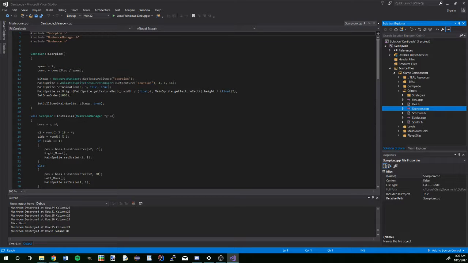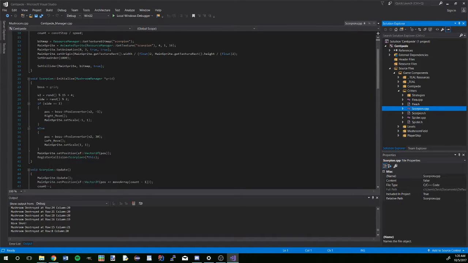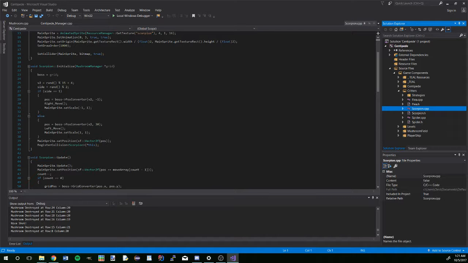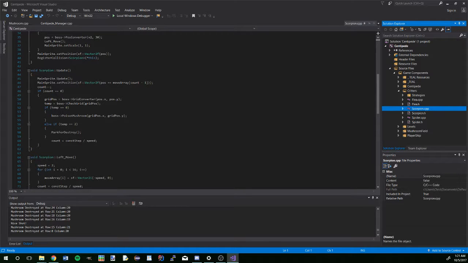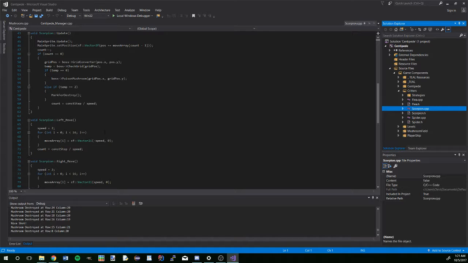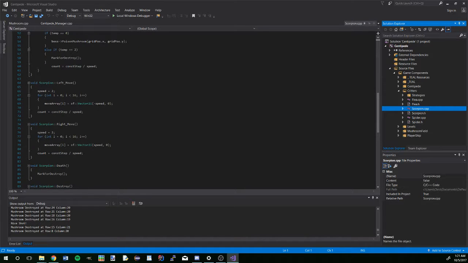Scorpion is the same way with a constructor and initializer that set the values. The initializer will pick left or right side and a random row to spawn in. The update moves the same way with an array of offsets, and then every time you reach a new column, you will check to see if there is a mushroom there, and if there is, you would call the mushroom manager to poison that mushroom. So everything mushroom related is handled by the manager. We have these two functions which will set the left or right move in the array, depending on what side you spawn